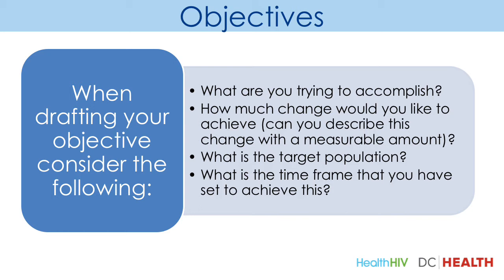Objectives can be categorized into 3 categories. You can have short, middle, and long-term objectives. When you draft your objectives, write using an active voice. Use action verbs, for example, plan, write, measure.